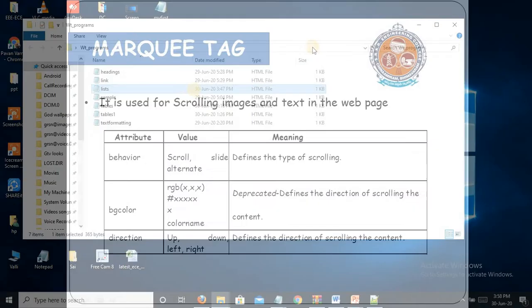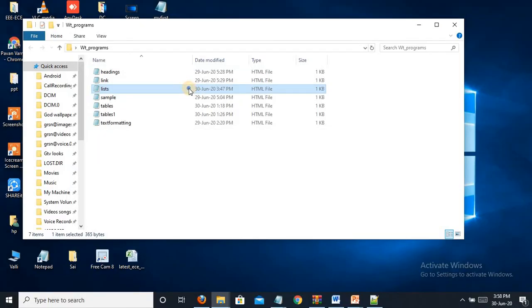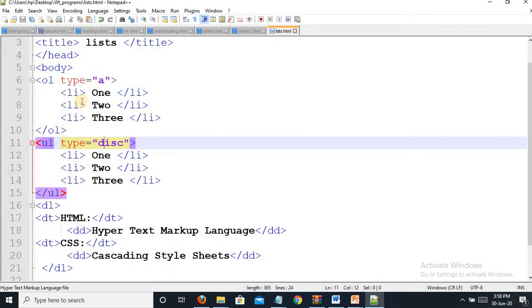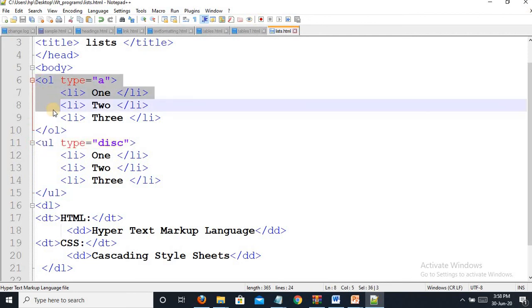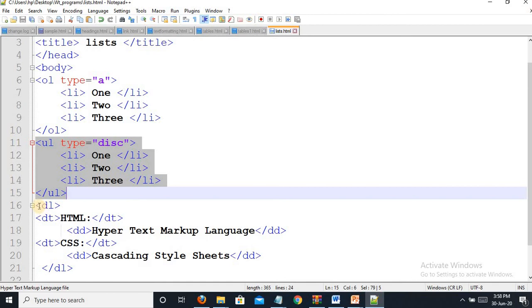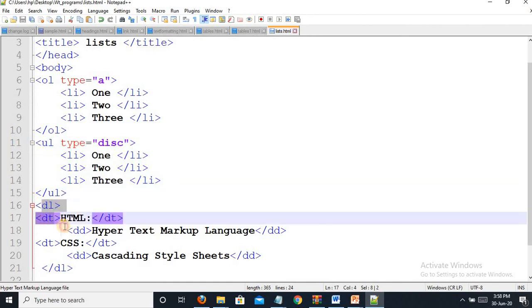So let us see the lists example. I had taken one OL, an ordered list, one unordered list, and one definition list.